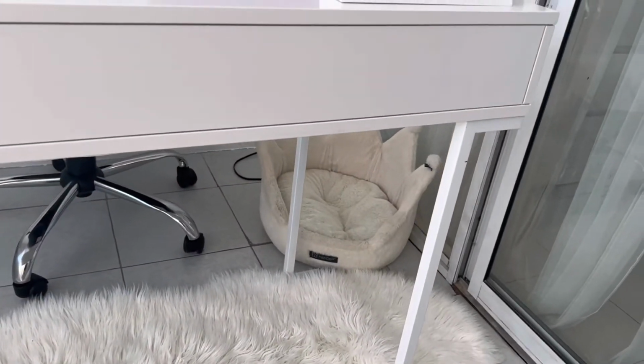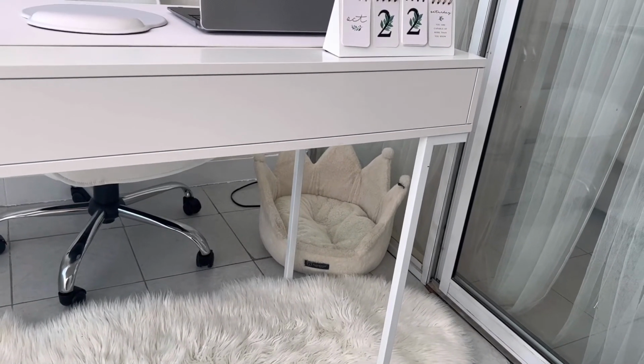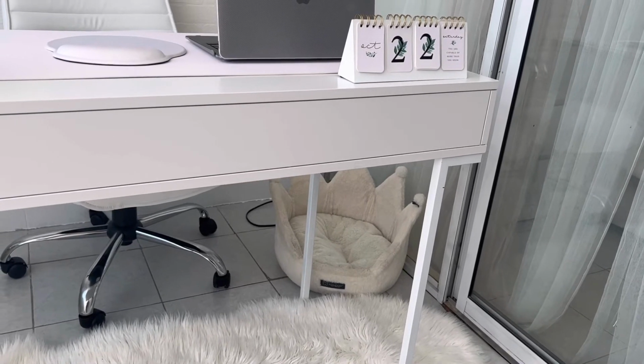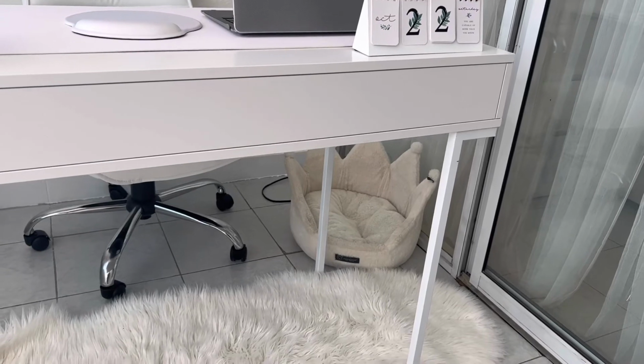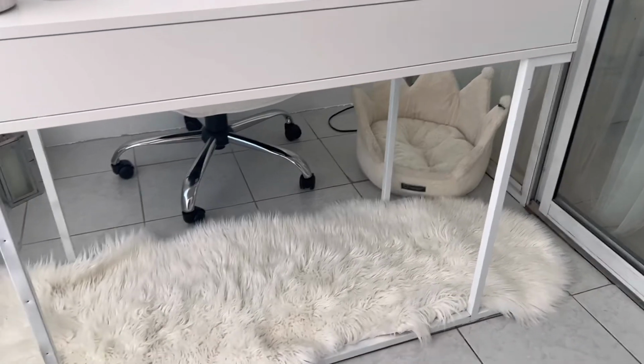They do like to be in here with me. Normally it's one of them at a time. So I just put this in there, that little corner, because they like to be close to me. They'll just lay down and sleep. And like I say, normally it's one at a time. They're not both always in here with me. And if not, they both still kind of cuddle up, or one will lay right on the carpet that